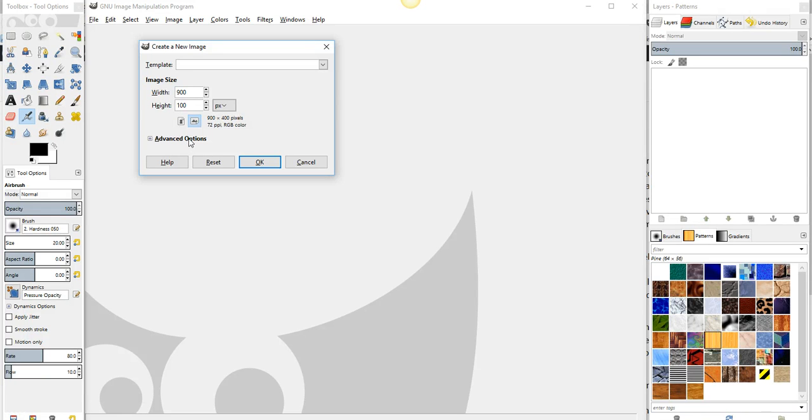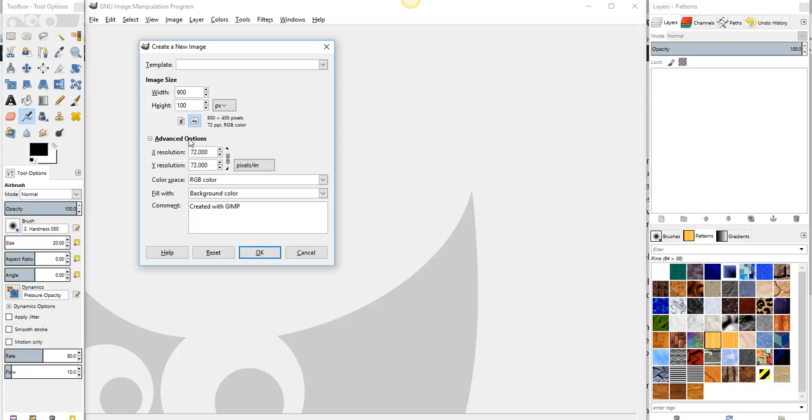So I'm also going to go to advanced options here. And under fill width, you'll see it says background color. I'm going to change that to transparency. And the reason I'm going to do that is because I know that I want my page title to have a background color or image. And so in order for my text to show the background color that's going to be behind it